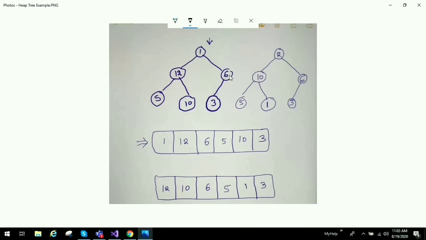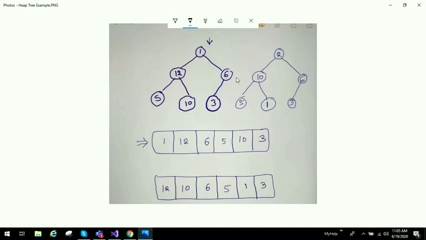When we apply heapify, we compare it with its children, whichever child is maximum, with that we compare, and if the current element is smaller than its children, then we will swap. Like that we continue this procedure till the root node.